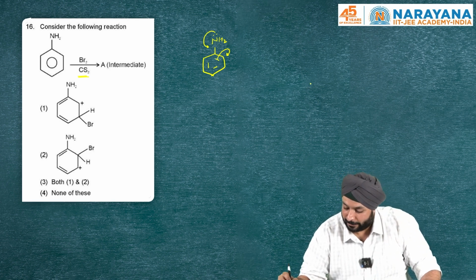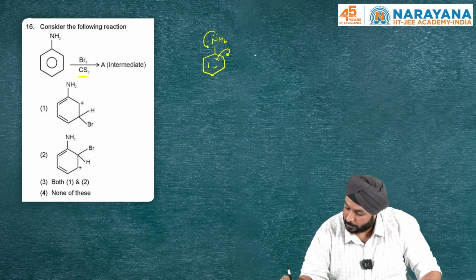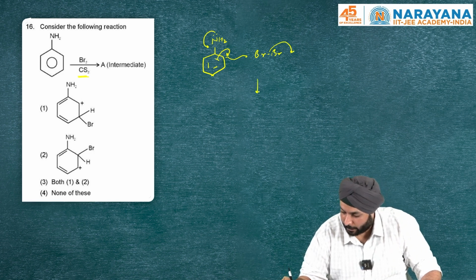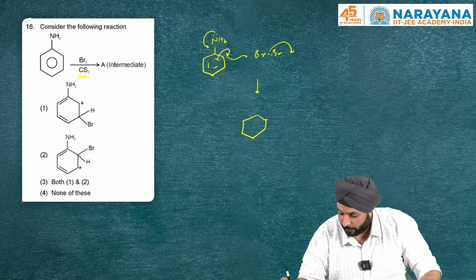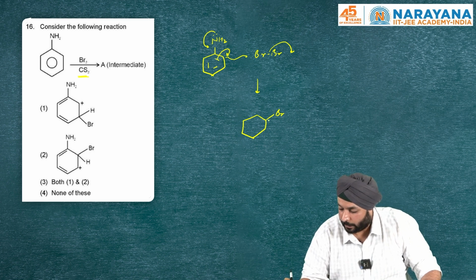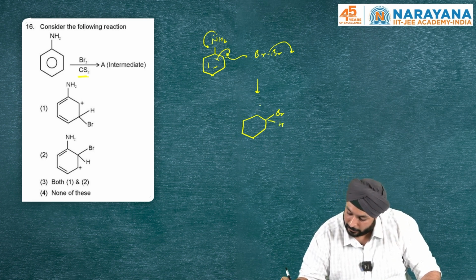Now, because of the negative charge, it will attack on Br2, Br plus will attack on the ortho position, and Br minus will leave. So eventually, you will get